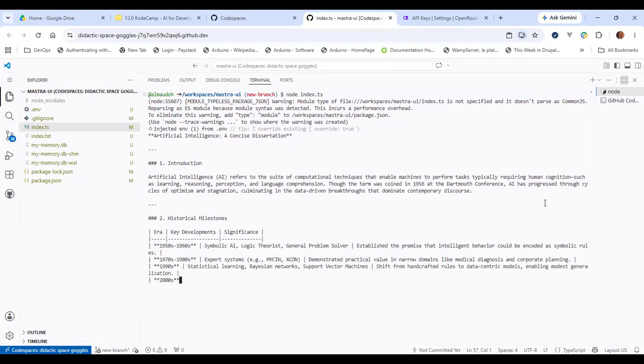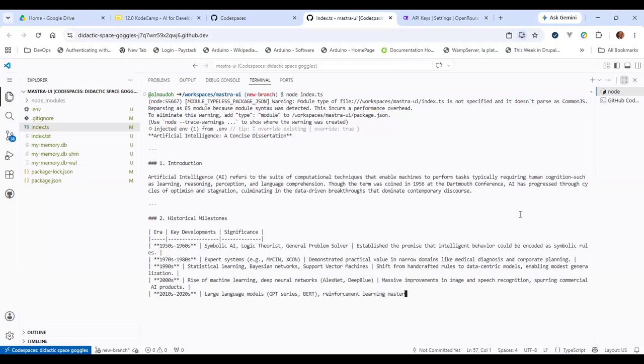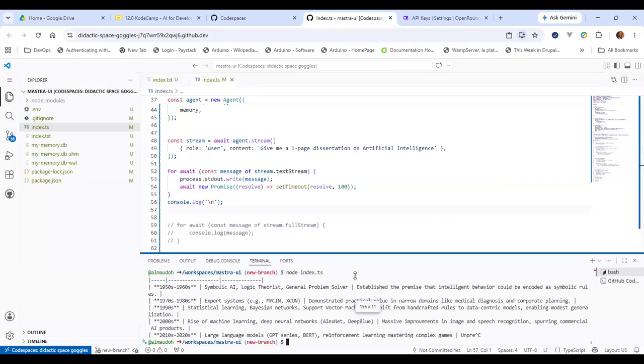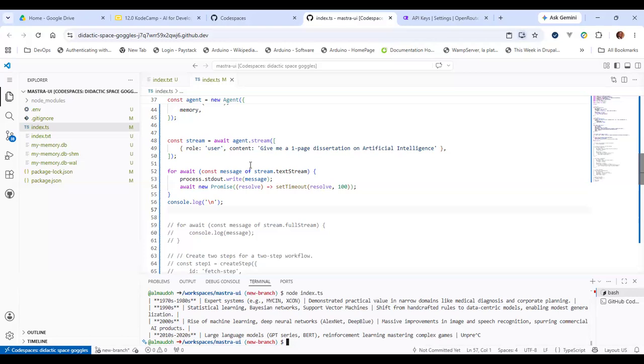Okay, so anyway, this is text stream. We are pulling just the text components of it. The interesting thing, I'm not going to wait for this to end, so I'll just terminate it. The interesting thing is that's not the whole component of the streaming that is coming back when Mastra gives you streaming. It gives you more. But when you take text stream, you're just taking only the text component.